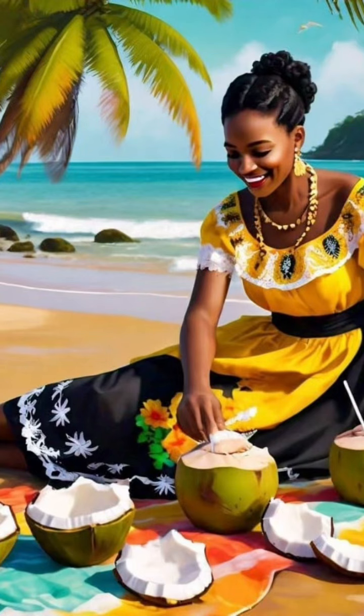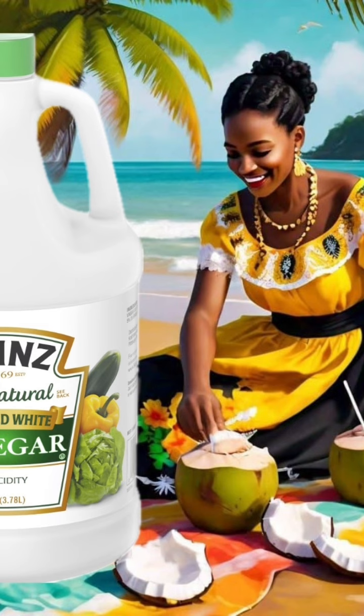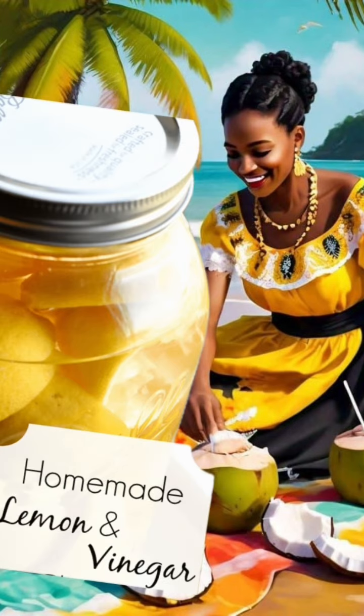Popular food items in Garifuna households? So I'm going to say vinegar, and also I'm going to say vinegar as well as lemon, because